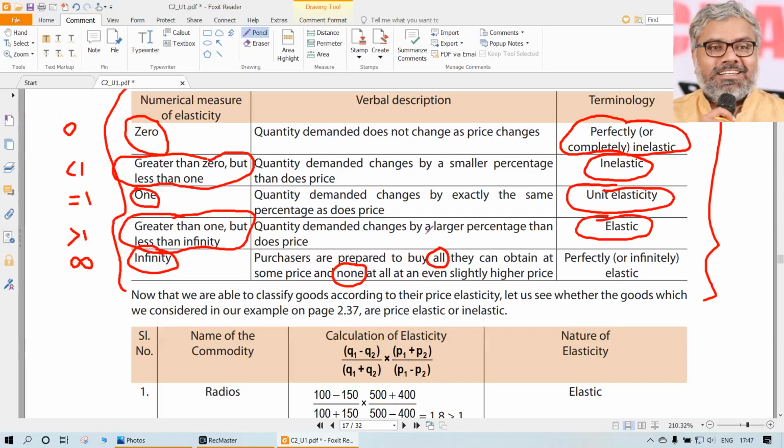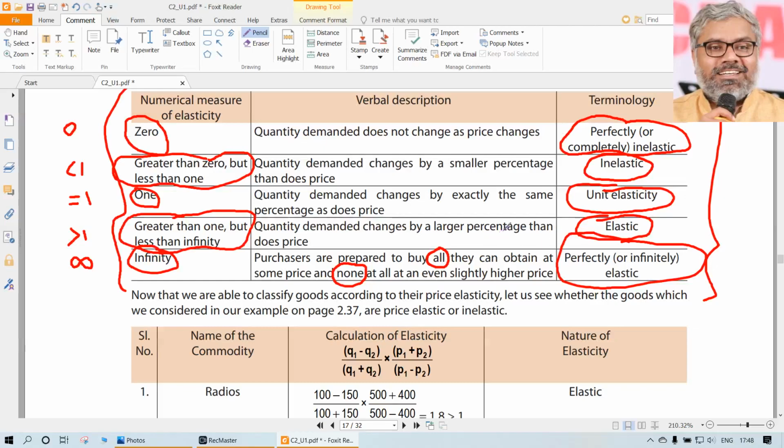Like this, the graphs also have to be known, names also to be known, numbers also to be known, and interpretation of those numbers also to be known. All of them are important because this is the crux of the theory of demand, that is elasticity of demand. It is a very core area for this entire chapter, very particularly price elasticity of demand. If you understand one type of elasticity, other elasticities become easier, supply also becomes easier. So focusing more on demand and price elasticity is very important, because in the beginning we have to understand everything. After that everything else will be more or less in addition to this only.